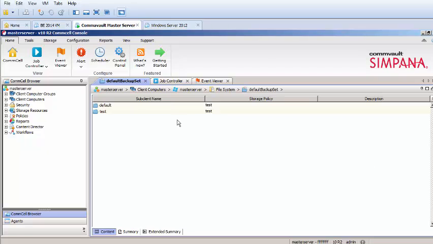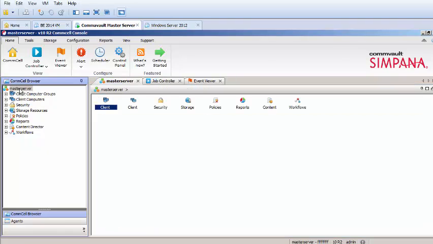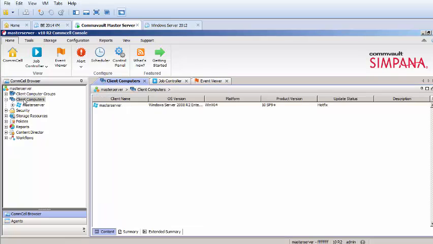So what I'm gonna do is, here you can see this is our master CommVault server. Okay, so you have to browse to the client computers. Before actually configuring a backup, you have to make sure that the Commvault agent is installed on that remote server. Okay, for that, what you have to do is